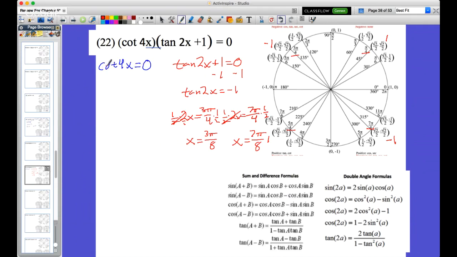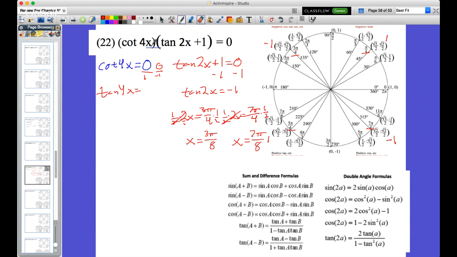Now, I don't quite know where cotangent is, but I do know where tangent is. Now, when we're looking at the reciprocal, I'm not flipping my angle. I'm flipping this sign. So this 0 is like a 0 over 1, kind of. And so because of that, let me give it a little bit more room. So again, we're not flipping the angle. This is like 0 over 1, or it could be 0 over negative 1, because I know that it's just